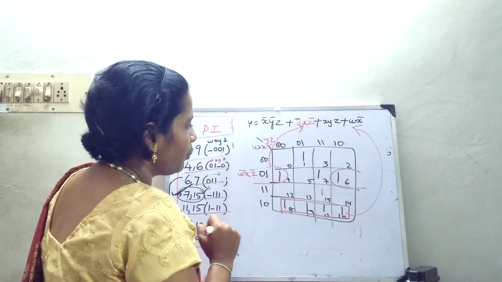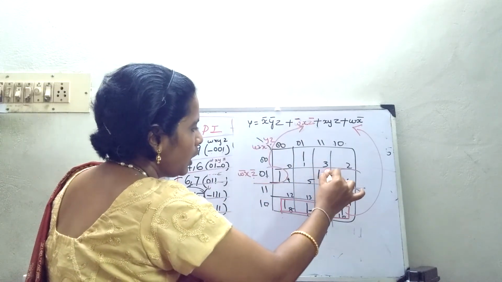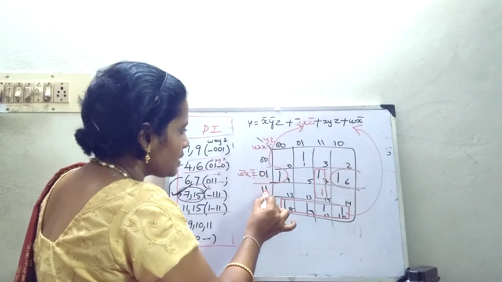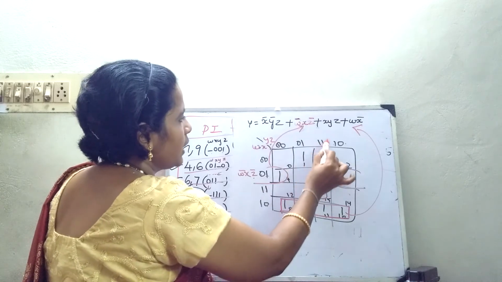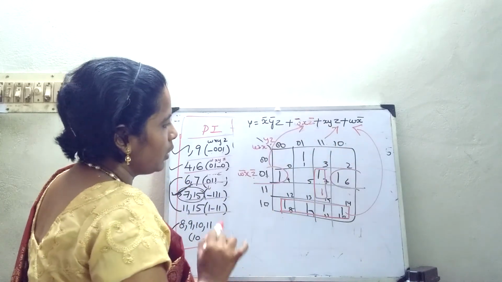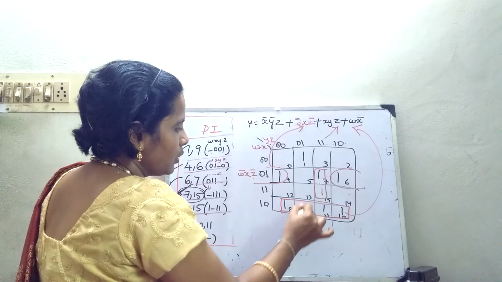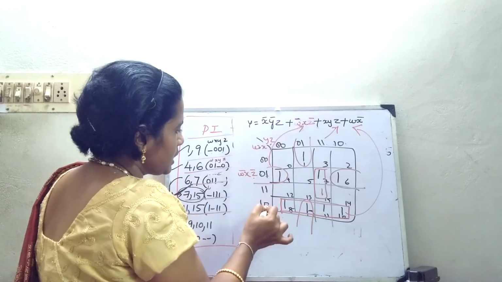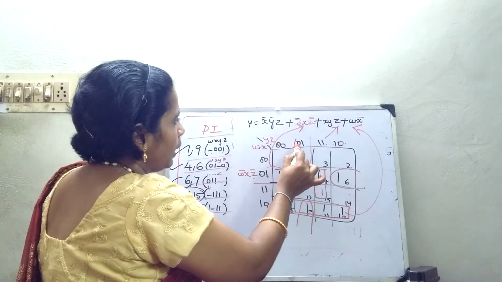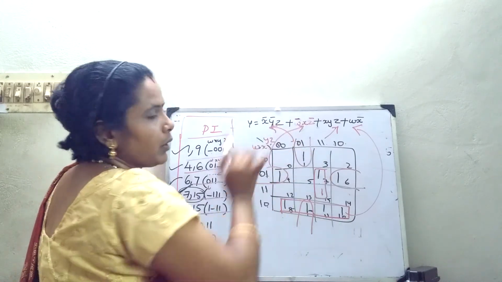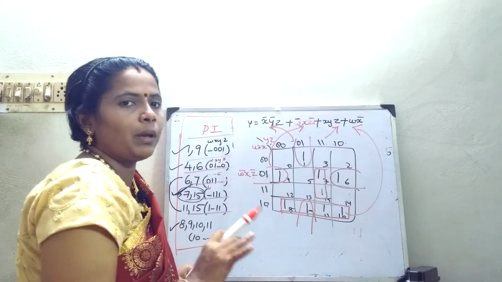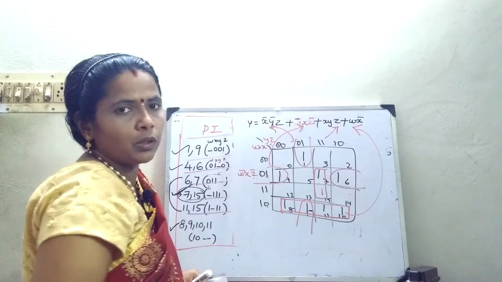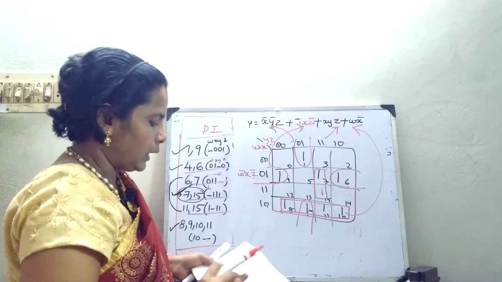Now we will come to the next grouping. I will go for this 2-cell grouping. What will be the answer? It is X, Y, Z. So this grouping is done. Now I have 1 here, so this can be grouped. What will be the answer? For this, it is X bar, Y bar, Z. Either by the Quine-McCluskey method or by K-map, you can arrive at the same answer. When you are doing the Quine-McCluskey method, you can check with your K-map whether your answer is correct or not.